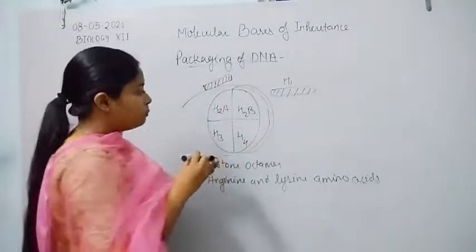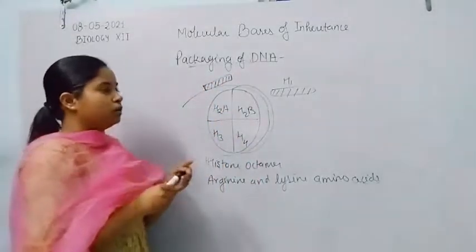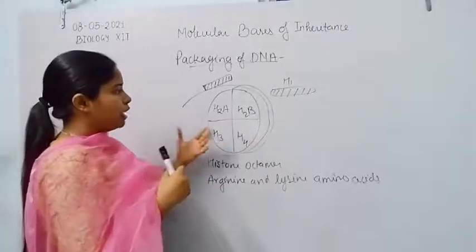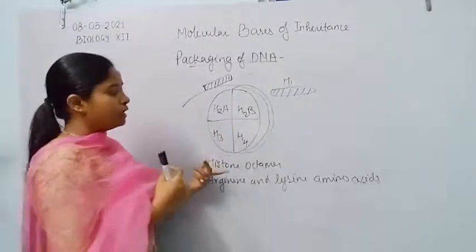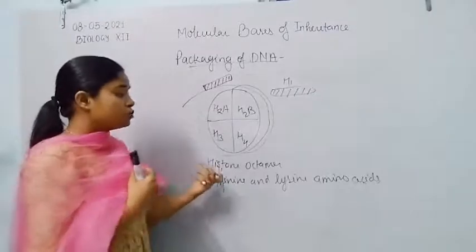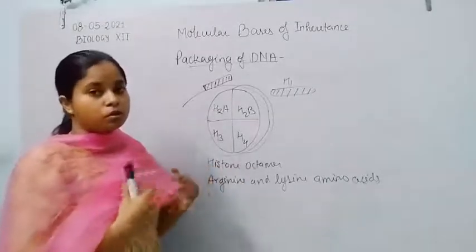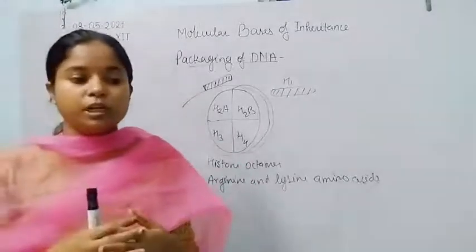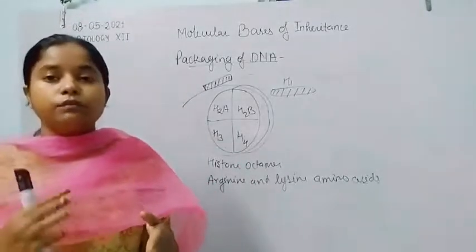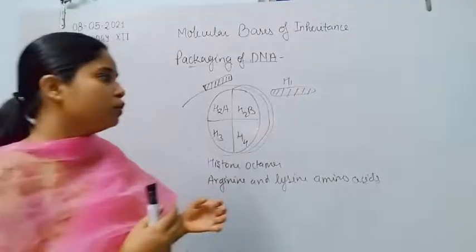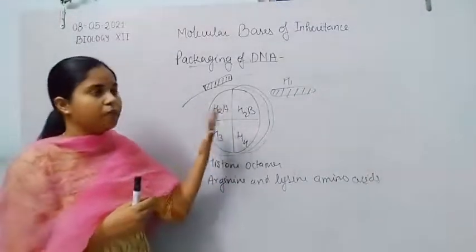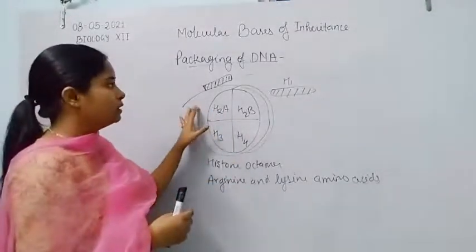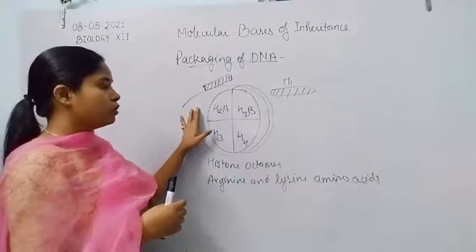They fix the binding of and also fix the wrapping of DNA molecule over the histone octamer. So whenever there is need for gene expression, a small portion of DNA molecule is opened by the protein or enzyme, and the regulation of gene expression